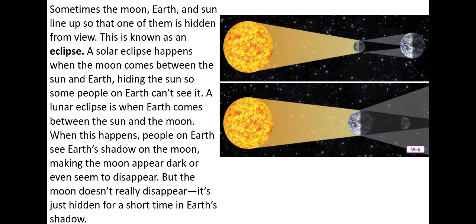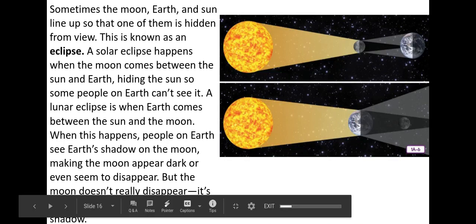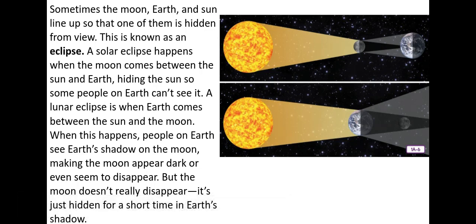Sometimes the moon, Earth, and sun line up so that one of them is hidden from view. This is known as an eclipse. A solar eclipse happens when the moon comes between the sun and Earth, hiding the sun so some people on